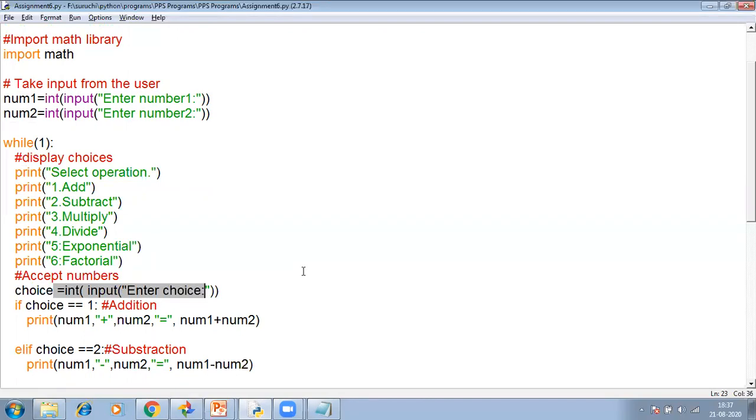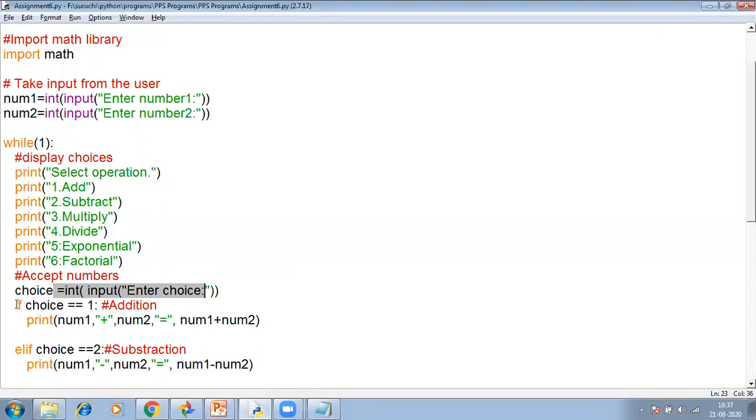Then after this, based on the choice entered by user, the program must perform different arithmetic operations. So to determine what choice is entered by user, we need to use expressions in Python. And to check the value of expressions, we need to have an if-else statements. That is a decision control statement available in Python.